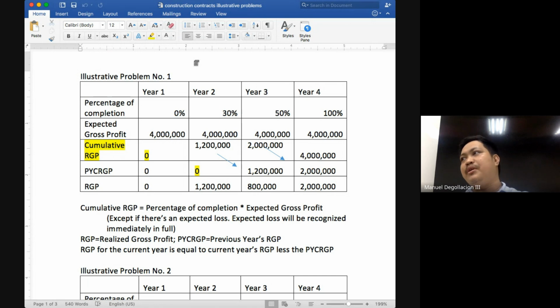But why will the problems be complicated? Because the problems will not give you outright these two things. The problem will not immediately give you the percentage of completion. The problem will not immediately give you the expected gross profit. You will be the one that will have to figure this out in the problems. Okay. But I always want to give illustrative problems wherein these two things are already given, class, so that you would understand the procedure or the steps that I mentioned earlier without the confusion or the difficulty of coming up with the percentage of completion and the expected gross profit.